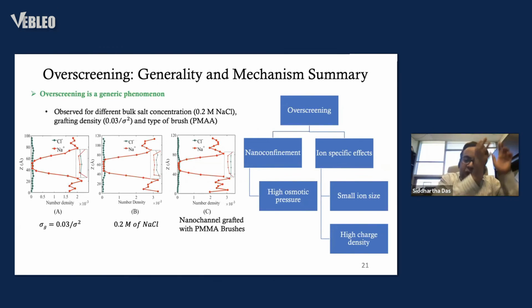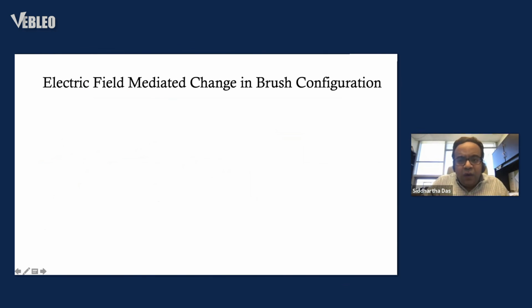Nano confinement leads to high osmotic pressure, but the ion specific effect leads to small ion size and the high charge density that leads to this very interesting phenomenon of overstraining. Now, this overstraining means there is excess of coions in the bulk for low to intermediate electric field. Hence, the electroosmotic flow occurs in the direction of the motion of coions. Now, what happens